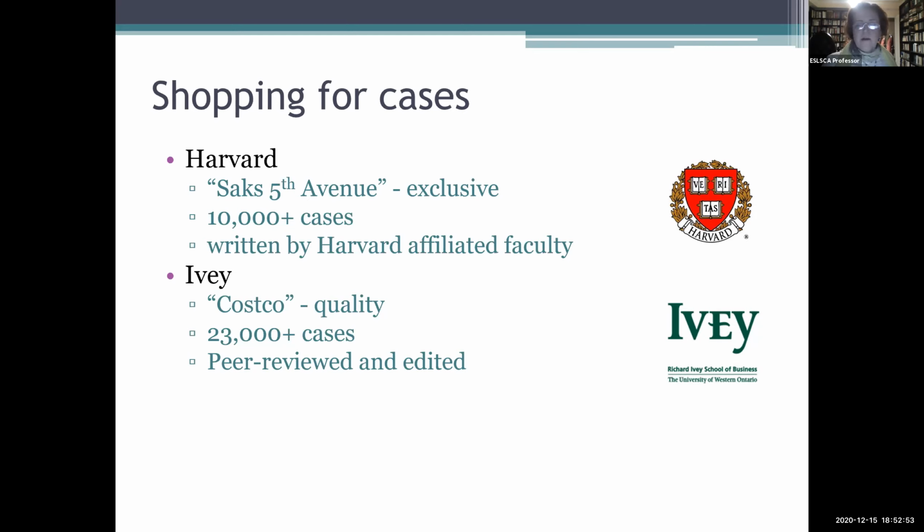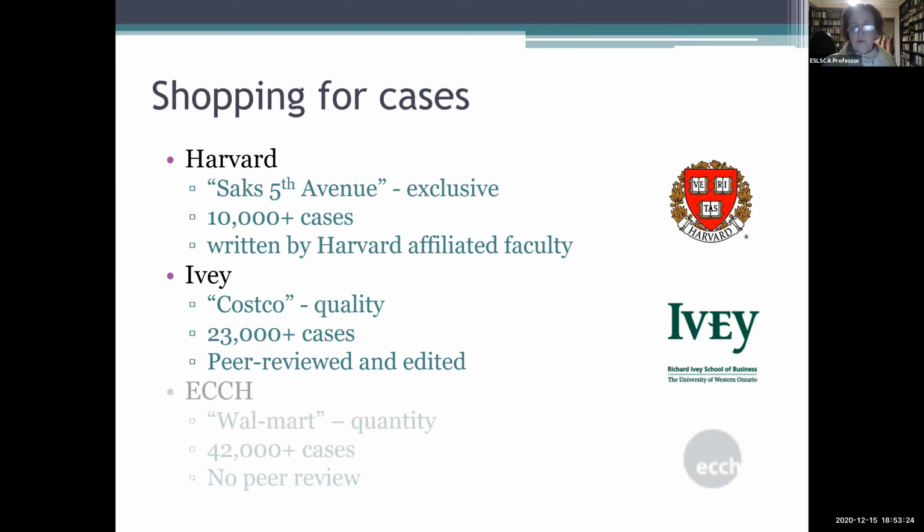The early or older Harvard cases are very long, maybe 30, 40 pages. Ivy now only accepts cases of 8 pages maximum and 8 pages of exhibits. So this is a better source. You can always find them online. As a professor, you can apply for free access if they verify your identity based on your profile on your university website. You can have free access.